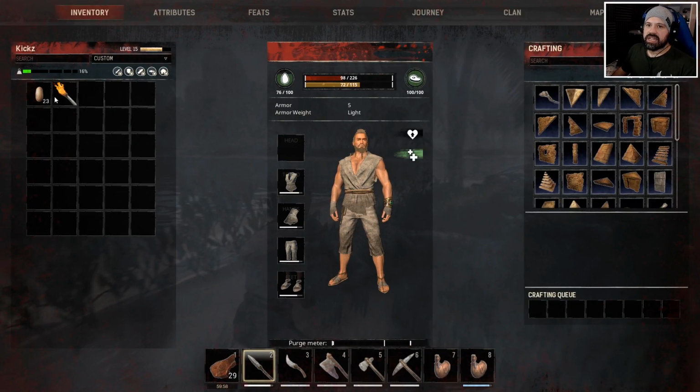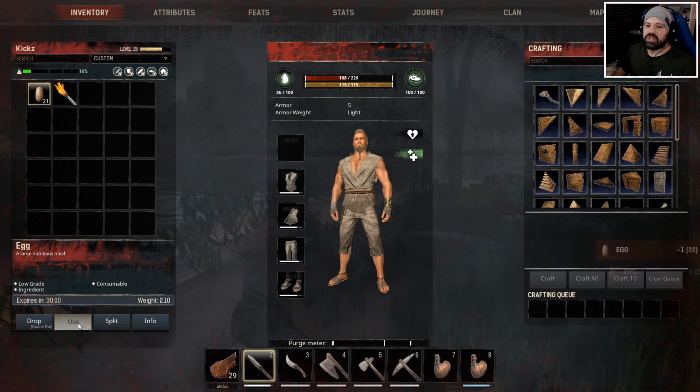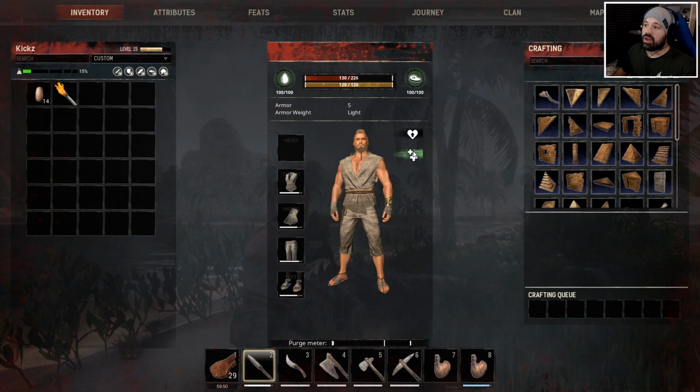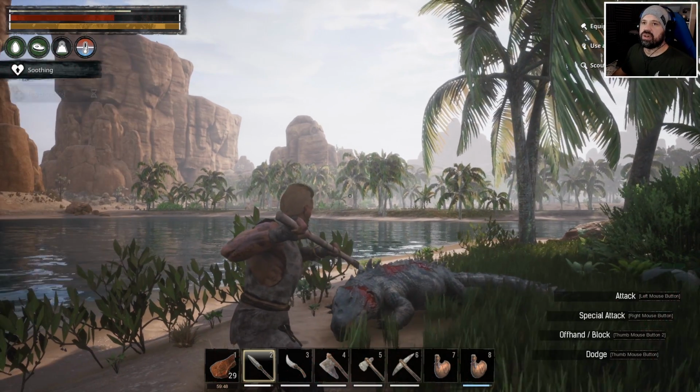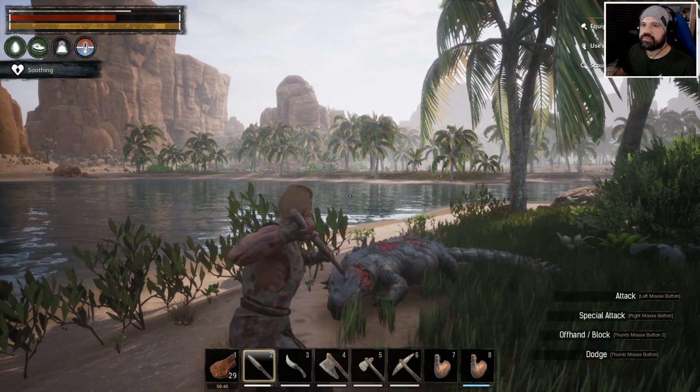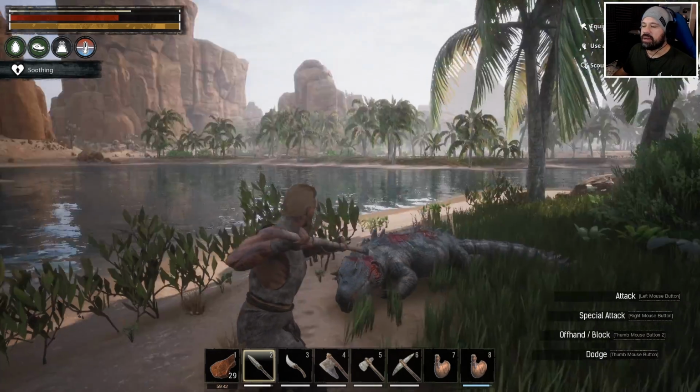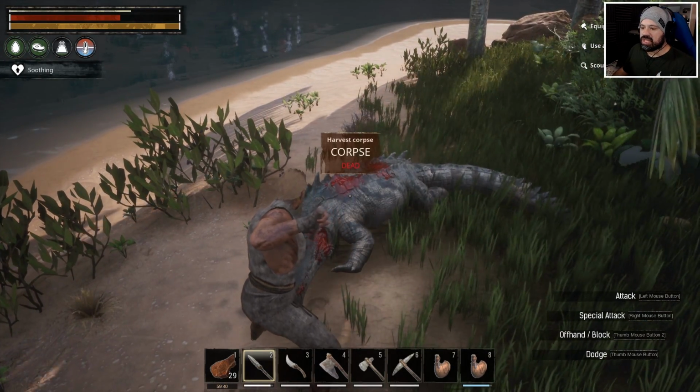Whew. Let's eat more of the eggs, actually. They do stack, so if we eat a lot of them, the healing actually does stack. It just lasts longer then, which is good. So you can actually just stack it up. We have a buff called Soothing. You can see the health still going up. Okay, so let's use the